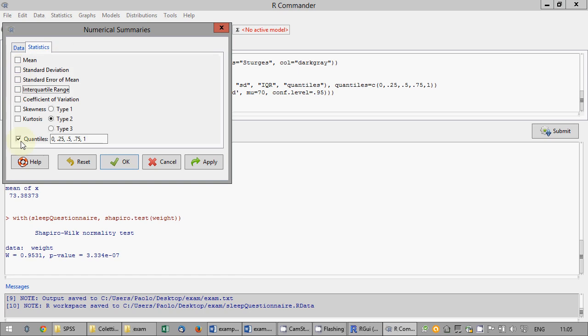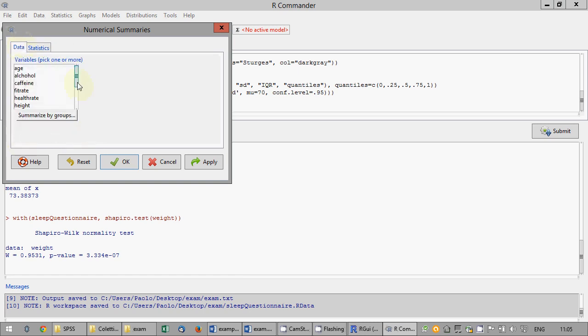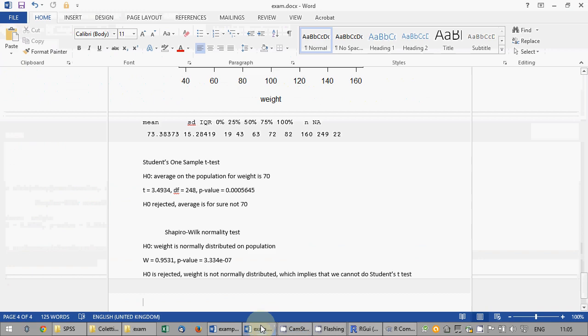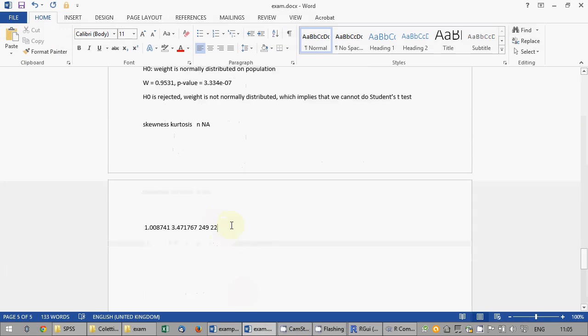I removed the irrelevant ones. I really hate when you put irrelevant information because it means that you are not concentrating on what is important. Skewness and kurtosis. So skewness is different, very different from 0. Kurtosis